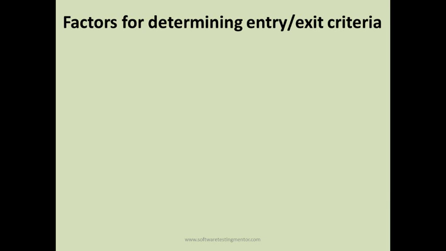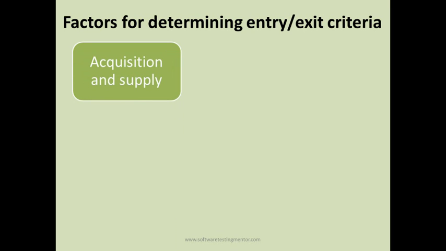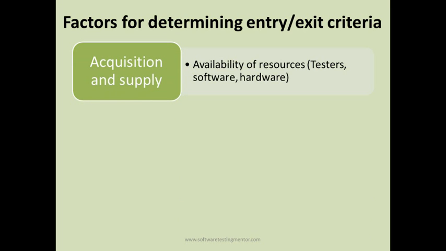So factors which determine the entry and exit criteria of testing are acquisition and supply. For example, availability of resources, be it the testers or hardware resources or software resources. So this is one factor that affects entry and exit criteria of the testing phase. For example, if you do not have hardware and software resources for setting up the test environment, definitely you cannot enter the testing phase. So acquisition and supply or availability of resources is one factor that determines entry criteria and exit